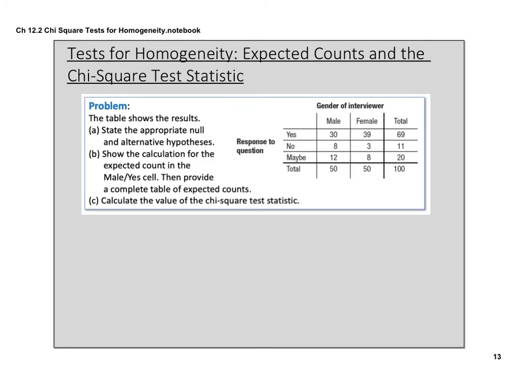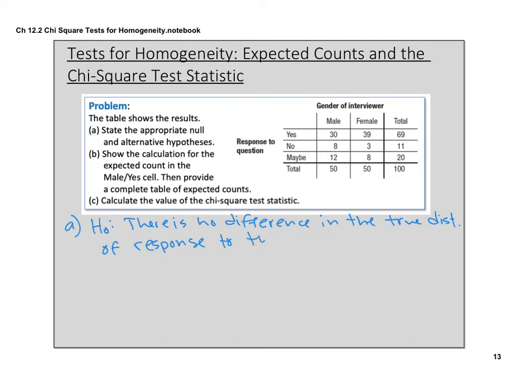So the first part, state the appropriate null and alternative. Okay, so here's where you're going to do the bulk of your writing in these questions. Stating these null and alternative hypotheses is often very wordy. So my null would be that there is no difference in the true distributions of response to this question